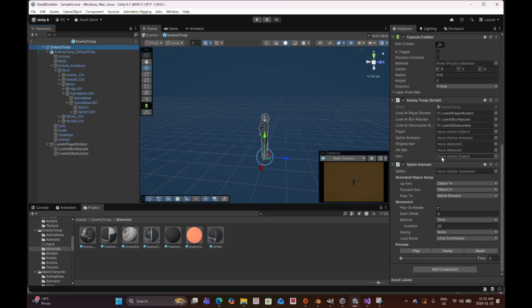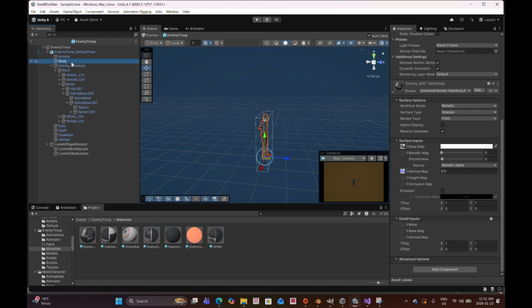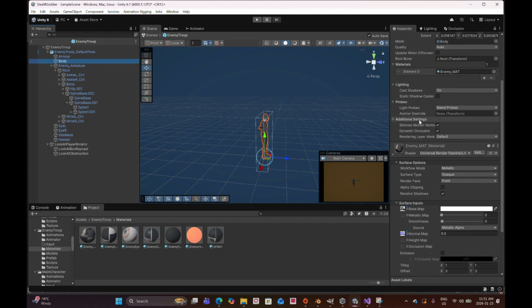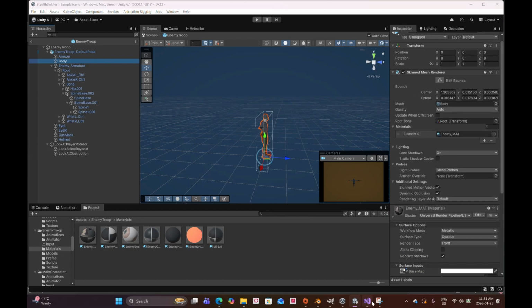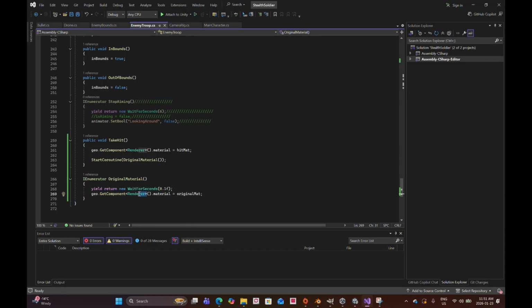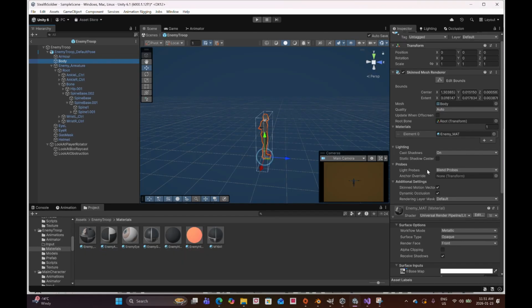So in this field here, let's drag and drop the geo, the original material, as well as the hit material. I'm manipulating the color of the body, and by default, in the renderer, which is this renderer that I'm referencing. Whoops. I'm manipulating this. So if I hit play,